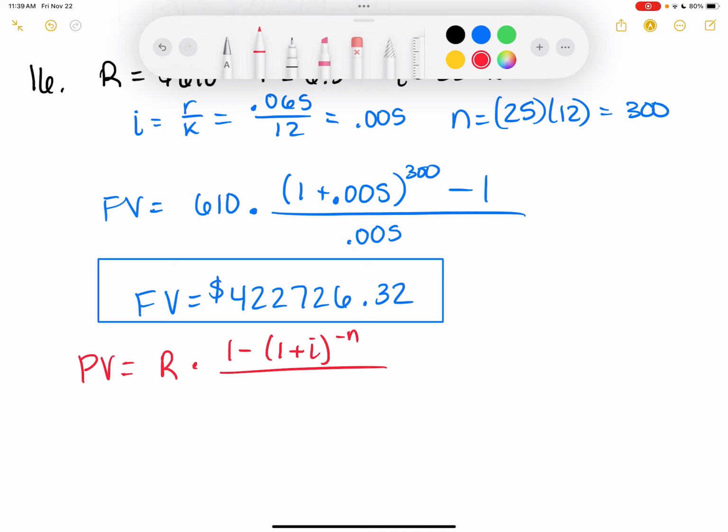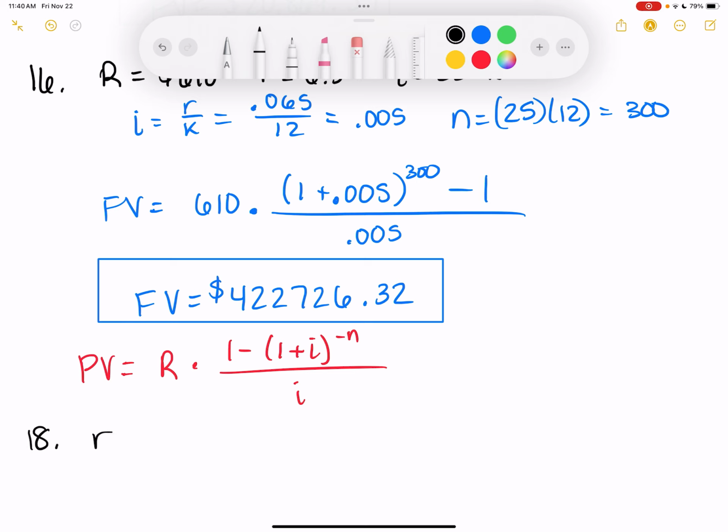Okay, it's the same. Did I use the right numbers when I just plugged that in? Yeah, I did. Okay, over I. Okay, so this problem says, and I and N are the same thing as they were in the previous problem, so I'm not going to rewrite those. So number 18,